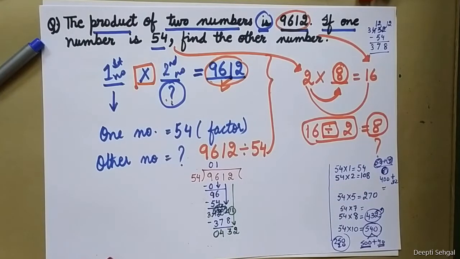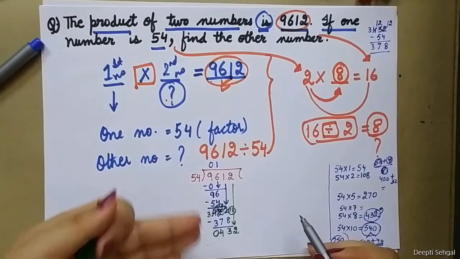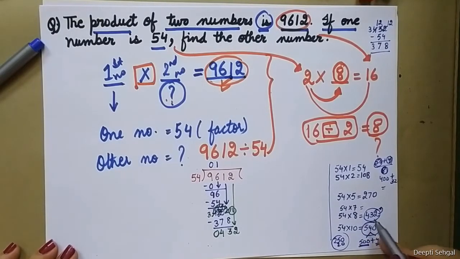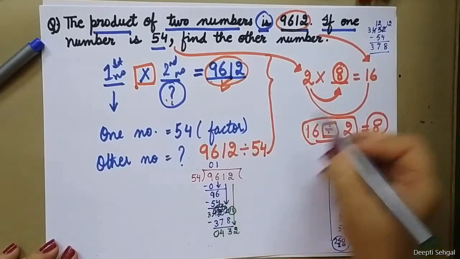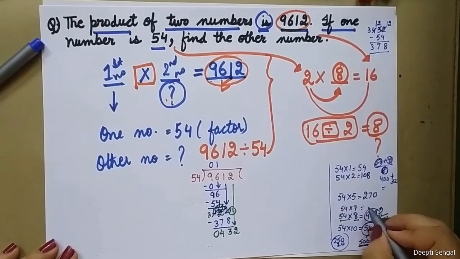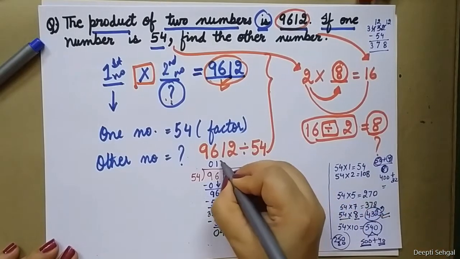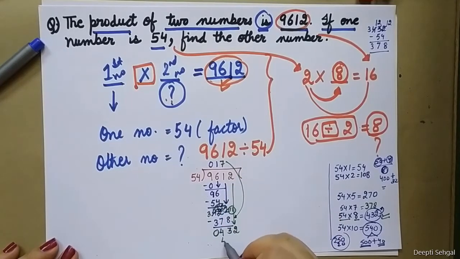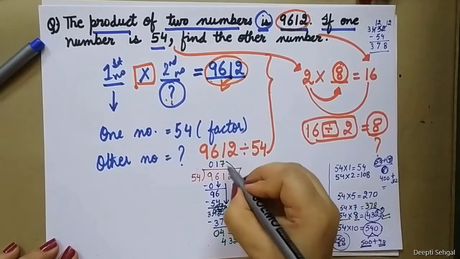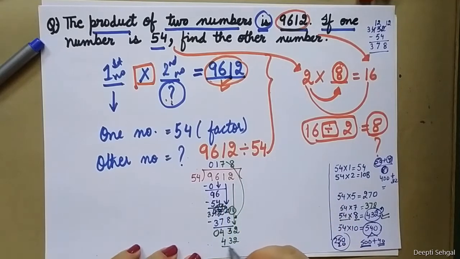So this is 432. Now 432, is it coming in the table? Oh yes, it was coming. 54 multiplied by 8 is 432, but I have forgotten to write here that 54 multiplied by 7 is 378. I have not written 7 here, because when I write 378 I should write 7 here. Now I am writing 432. 54 multiplied by 8 is 432.